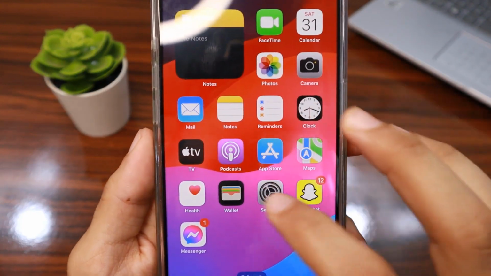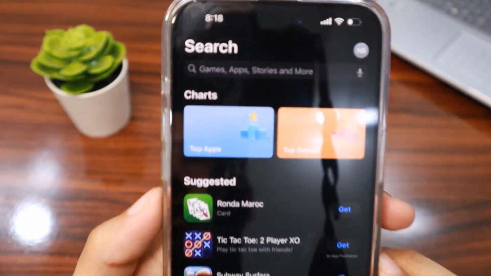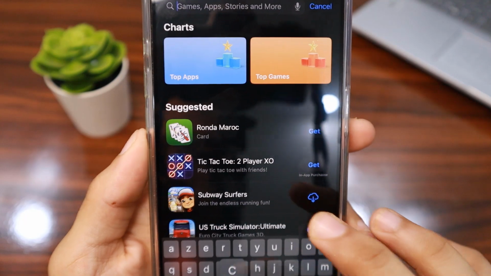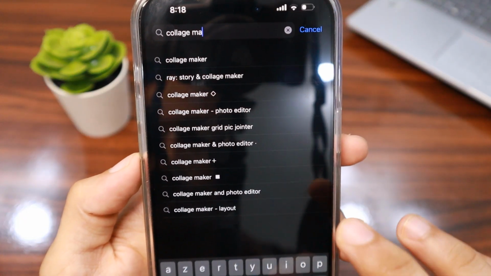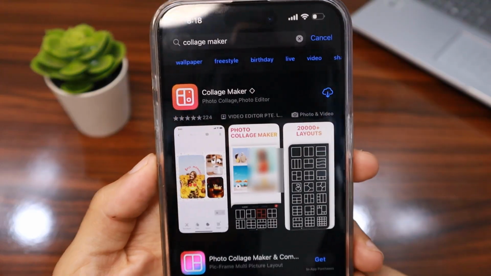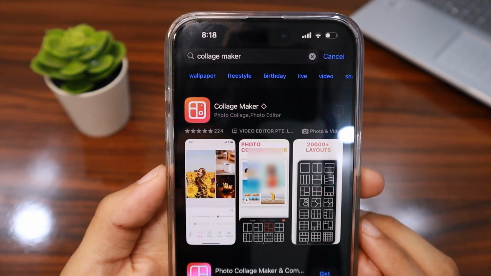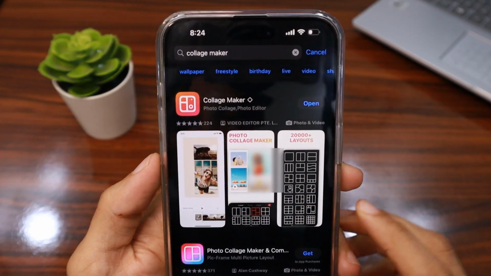And let's get started. So first, tap on App Store, and in the search bar of App Store, search for Collage Maker. Then tap search. Then tap this icon to download the application on our iPhone. After installing Collage Maker, tap open